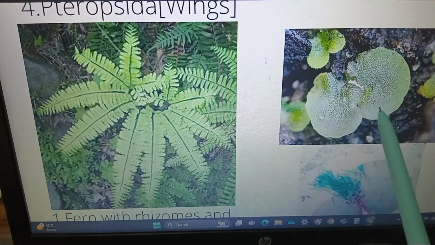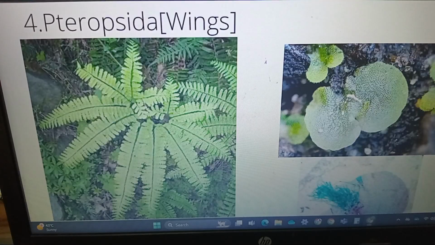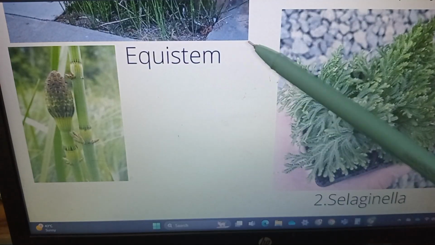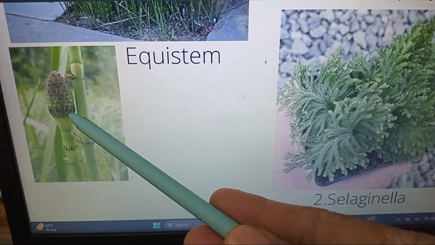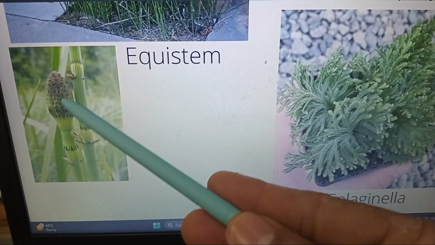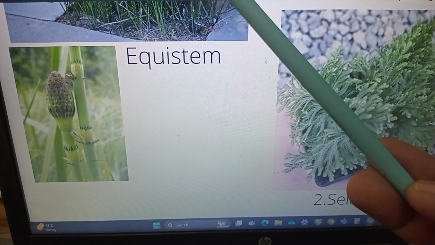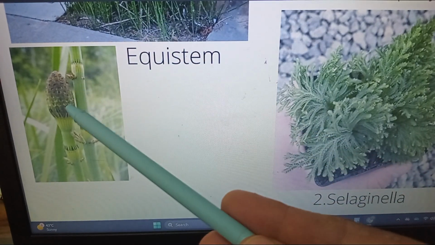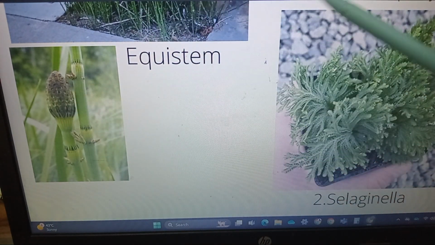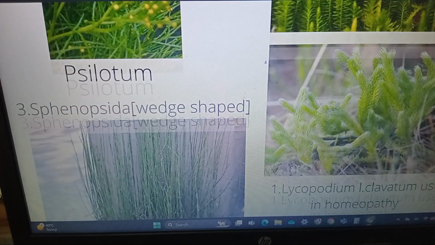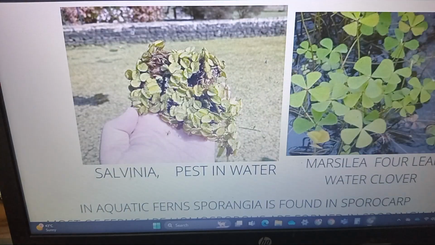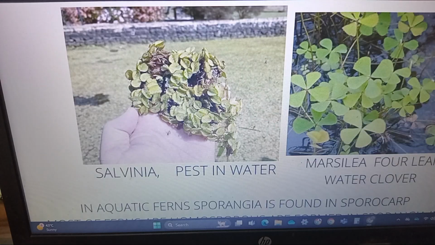This is the gametophyte. Now the second way of producing spores is in the form of cones. These are small leaves, sporophylls, arranged in cones. These will also produce spores. The spores will be produced by meiosis, and they will give rise to the gametophyte. Now there can be two types of spores or one type of spores. In the heterosporous condition, like Salvinia and Selaginella,